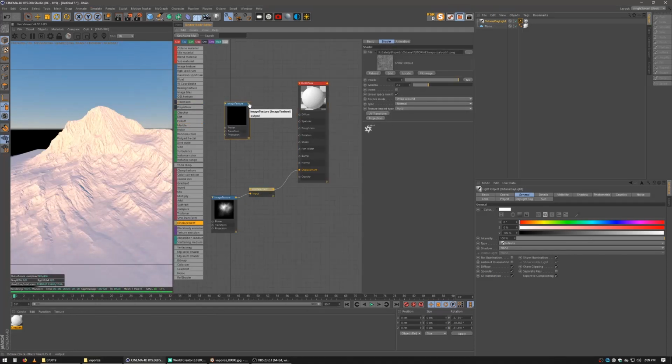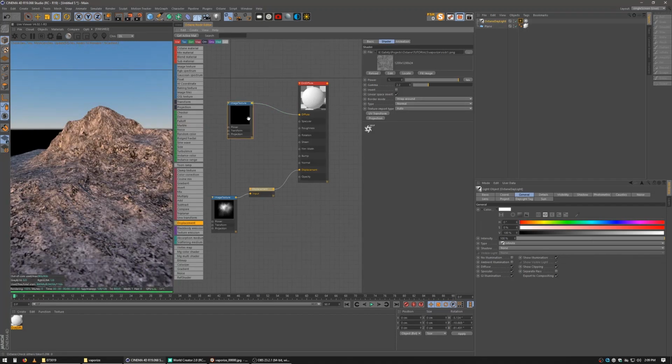And I'm going to go ahead and plug that into the diffuse, and there it is, and that looks not good. So the first thing we'll do is apply a UV transformation to it,